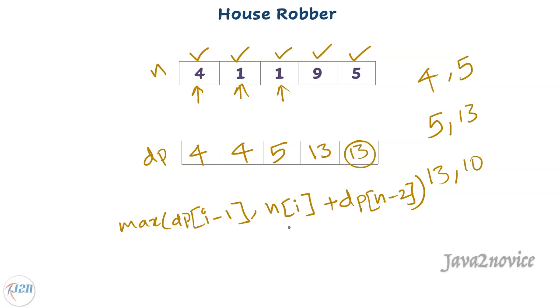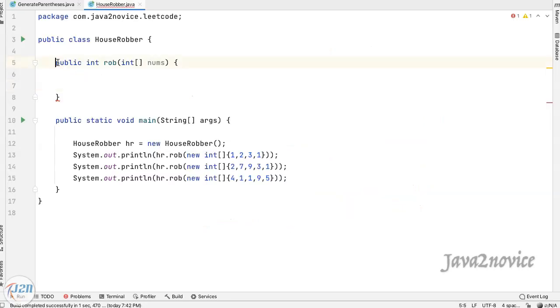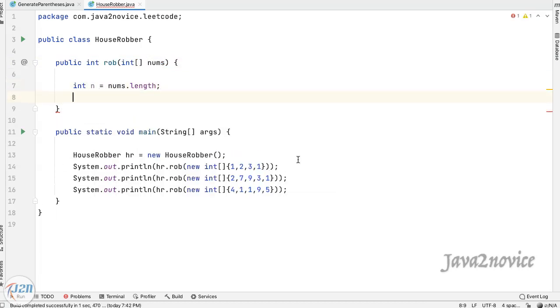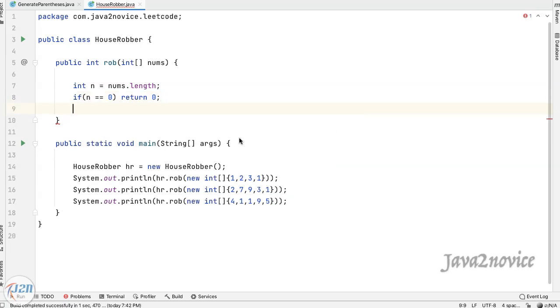Let's write code now. I have already copied the method signature from LeetCode as it is. Let's declare a variable and initialize it with the input array length. If the input array is empty, simply return 0. If the input array has only one element, then return that element itself.